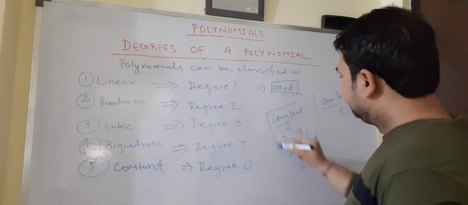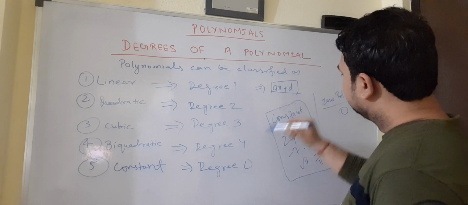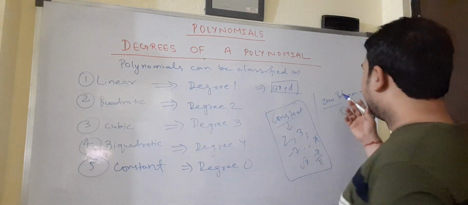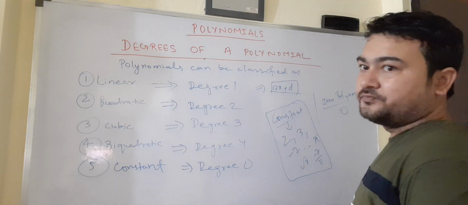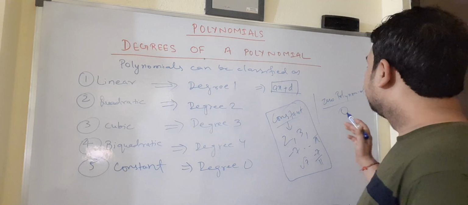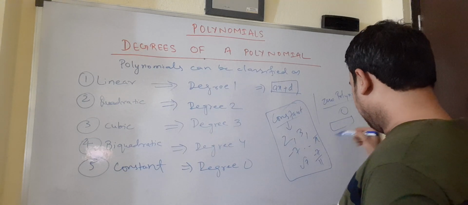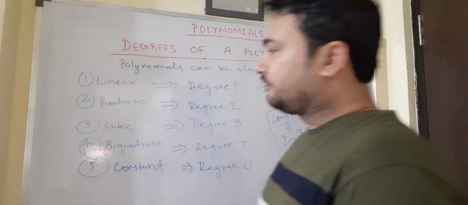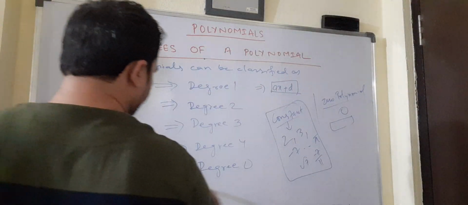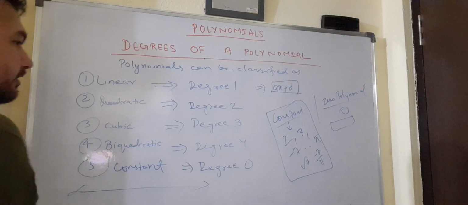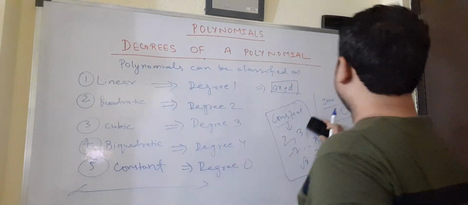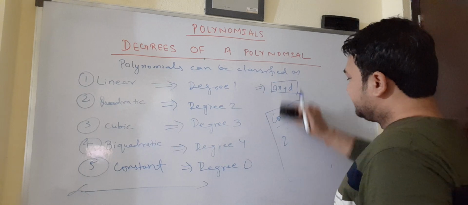So we have constant polynomial, and this has a degree 0. What about zero polynomial? For zero polynomial, the degree is not defined. So we cannot write zero polynomial here, because for them degree is not defined. So always remember, degree for a zero polynomial is